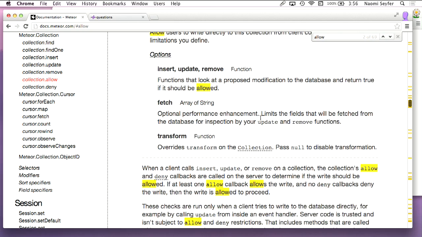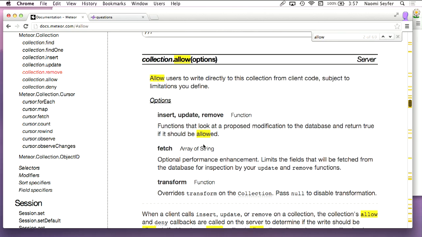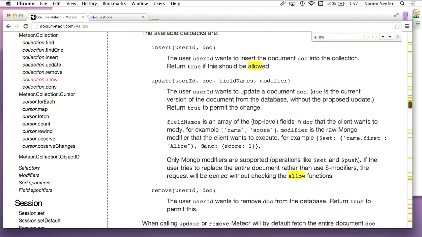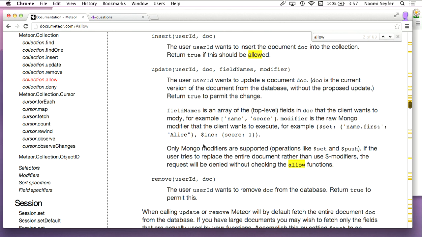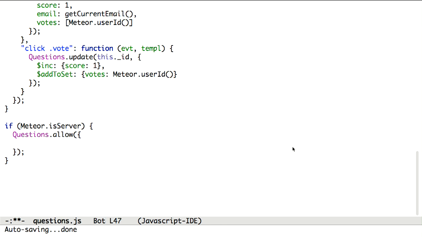Here's the docs on allow. What you get is some callbacks for insert, update, and remove that get the user ID and the document, and for update you get the field names that are trying to be modified and the modifier itself. So let's say to allow insert,